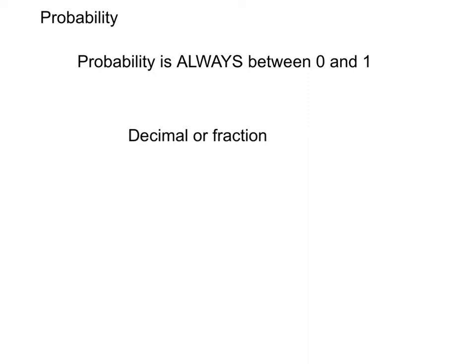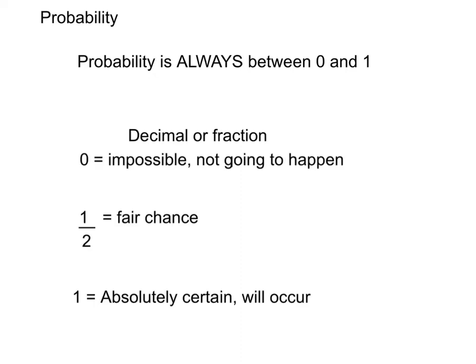And anything in between 0 and 1/2, it's not very likely. Anything between 1/2 and 1, it's more likely. Again, any probability between 0 and 1/2 is probably not likely, and anything between 1/2 and 1 is very likely to happen. If possible, we can always describe the probability using numbers and descriptions. The descriptions are these words here, like impossible, not likely, fair chance, very likely, and absolutely certain.